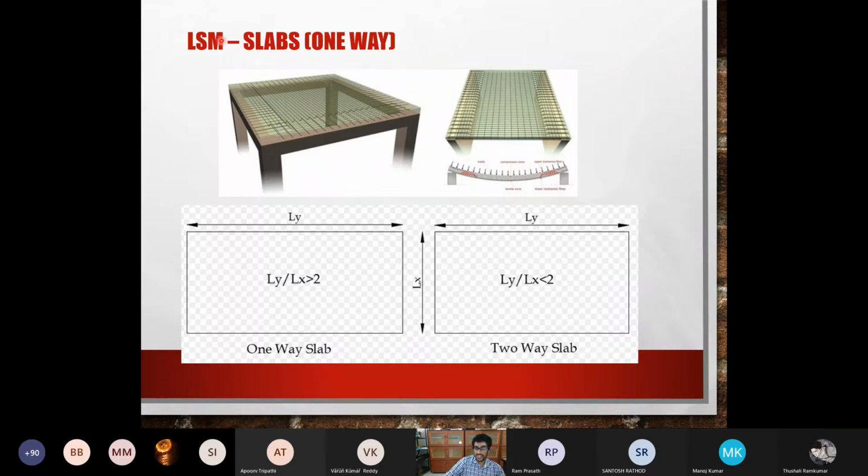you see that any slab is bounded by the beams on which the slab will sit. So there are two ways of supporting slabs. One is you can support the slab on beams like shown over here. Okay, there's a beam here, there's a beam here, there's a beam here, there's a beam on the fourth side. Okay, another option is instead of giving beams and below that columns,